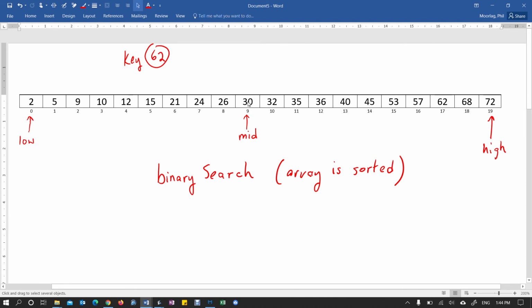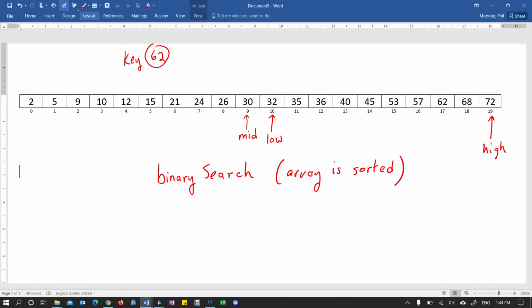But since this value is less than our key, what we're going to do is move low up to mid plus 1, and then we're going to recalculate mid. Again, that's going to be the average of low and high, so low plus high divided by 2. So that is going to be 29 divided by 2, which is 14, because we cut off the decimal. Okay, and then we ask again, is that our